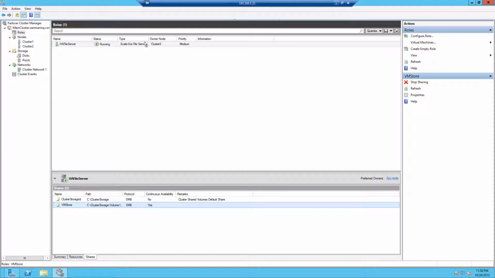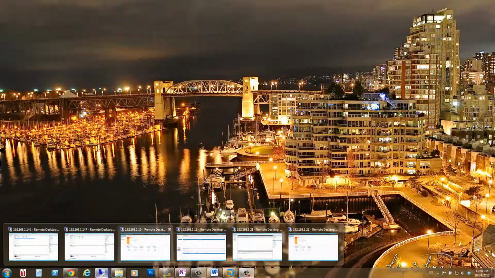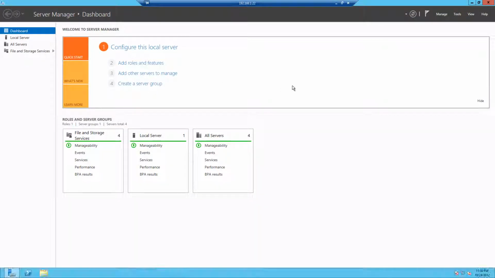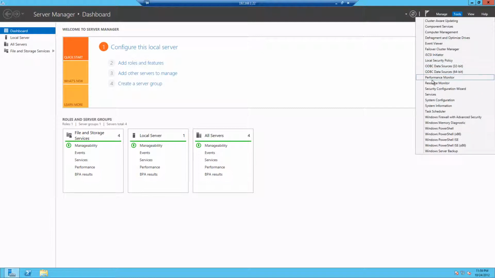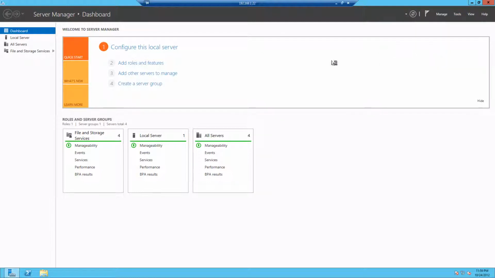First thing, let me show you here on the roles, as you can see, this is the file server role, and it says it's a scale out file server, and the current node owner of the cluster is the cluster 2 machine, which is, this is cluster 1, 21, so cluster 2 is the other one here, 22. So if I start the failover cluster manager here,